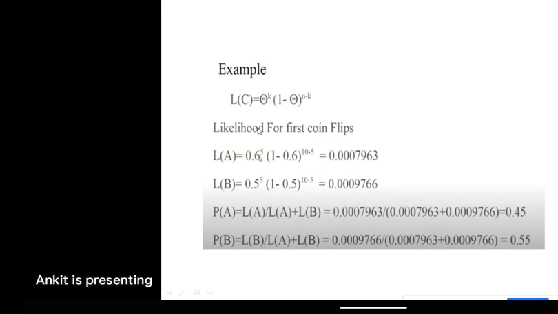So placing this data in the above formula, we get the value of LA. In the same manner, we will get the value of LB as shown, right? So now find the probability for point A as well as B. By applying the formula for probability, P equal to LA upon LA plus LB. So by placing the given data, the probability of A will be 0.45 and the probability of B will be 0.55.